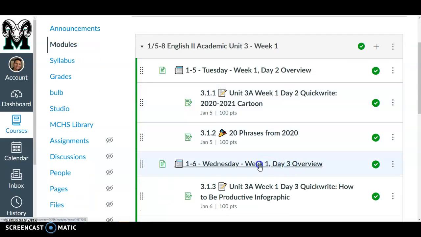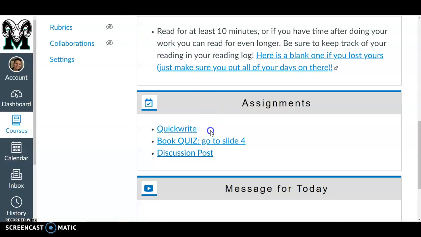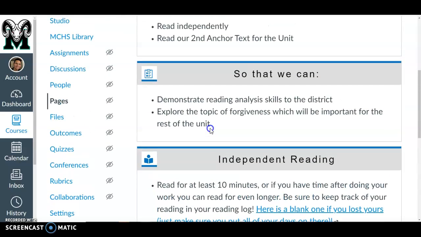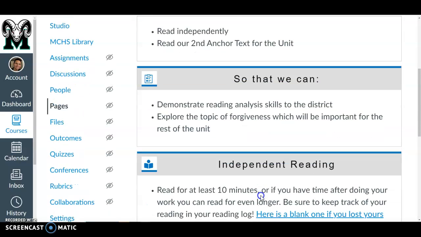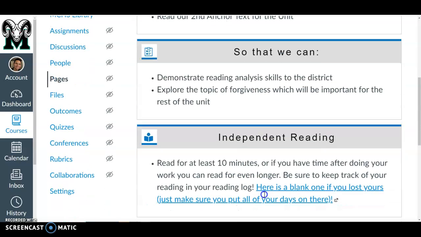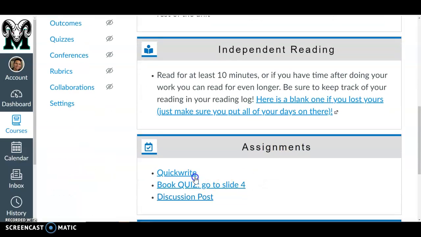Go to Wednesday. Again, first read for 10 minutes. You must have a book to read. These are your 3 assignments after you read for 10 minutes. You have a quick write,